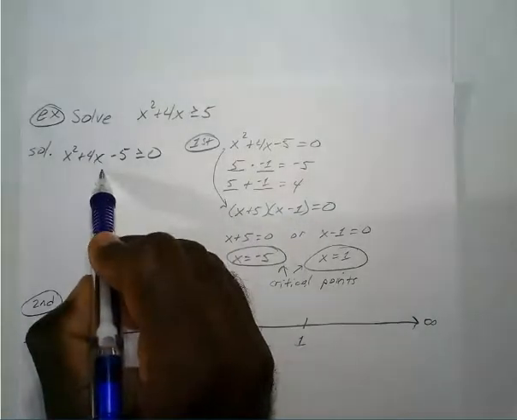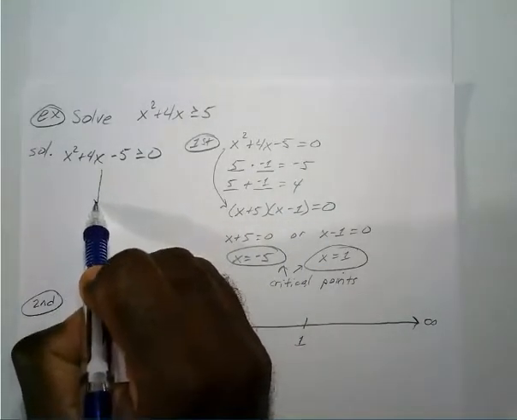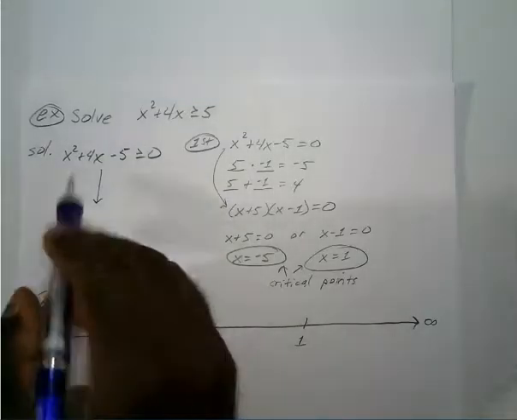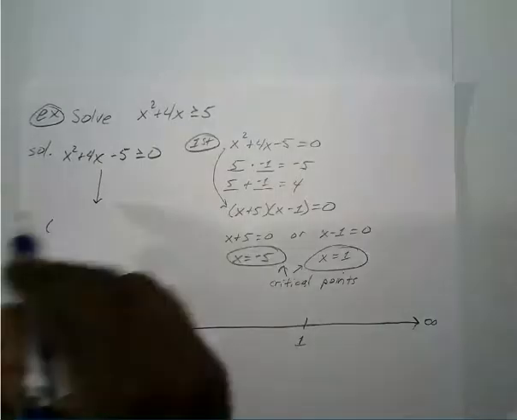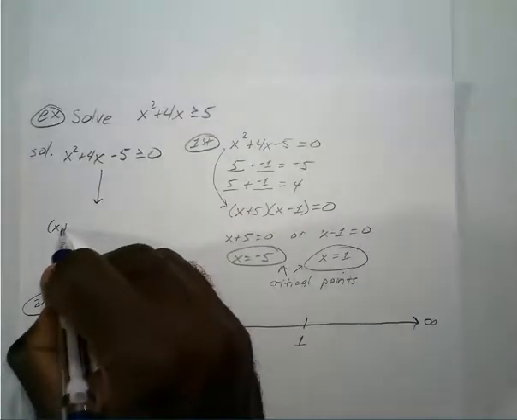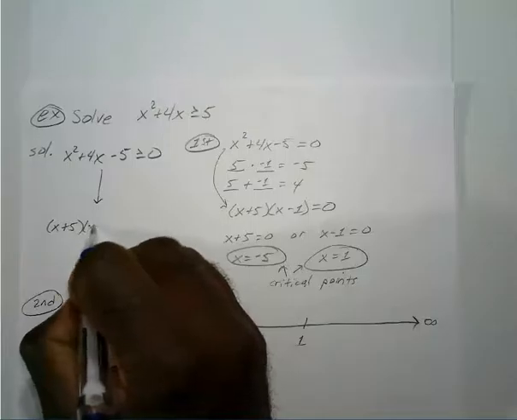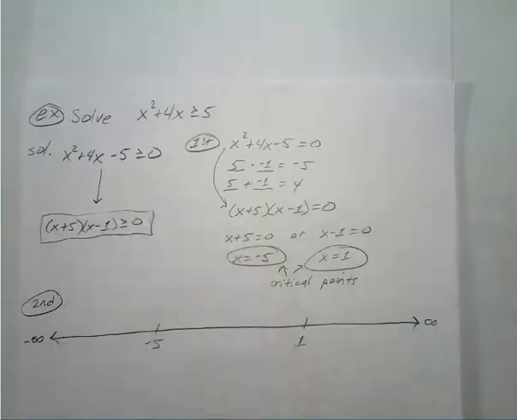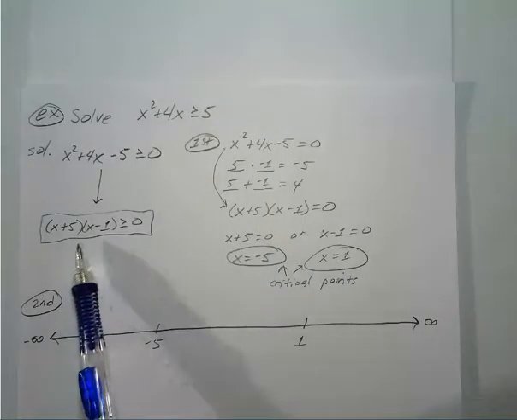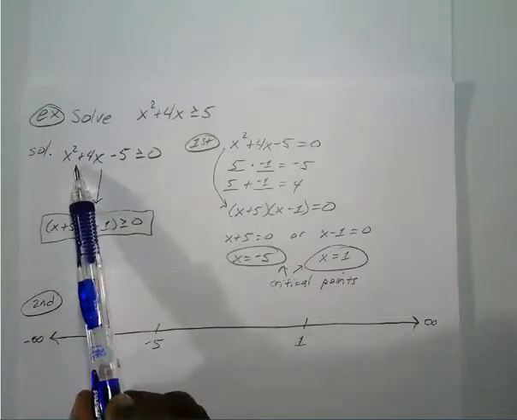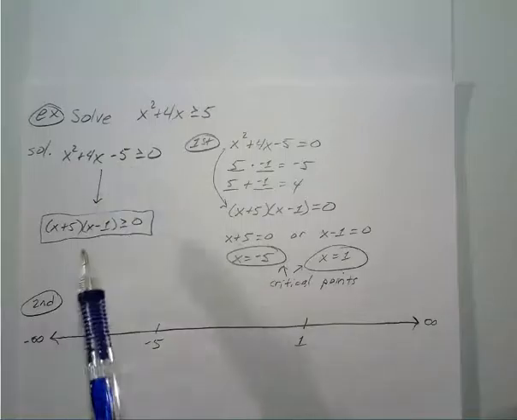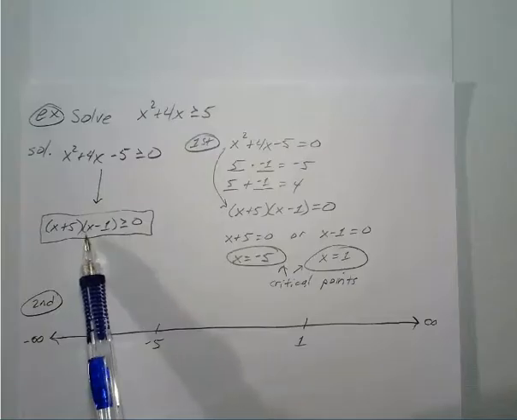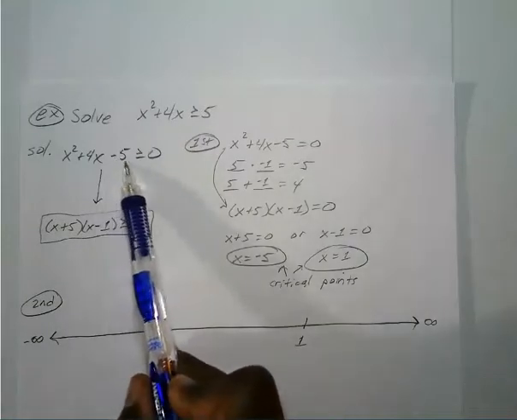Now, what we're going to do, which is why I'm going to, well, this is actually our third step, but we're going to factor this into (x + 5)(x - 1) ≥ 0. So when we plug in our test values, we're going to use this. This is an equivalent of x² + 4x - 5. It's just easier to plug in test values when it's already factored. So we're just going to use the equivalent of our original